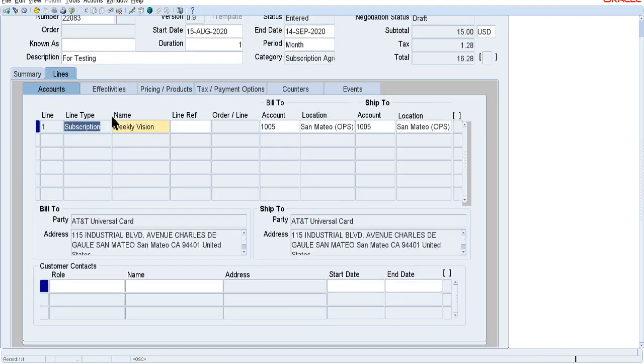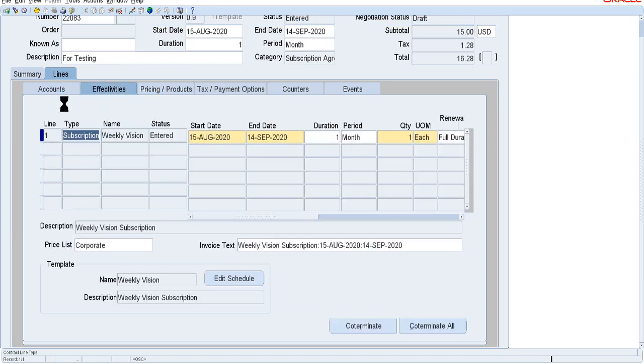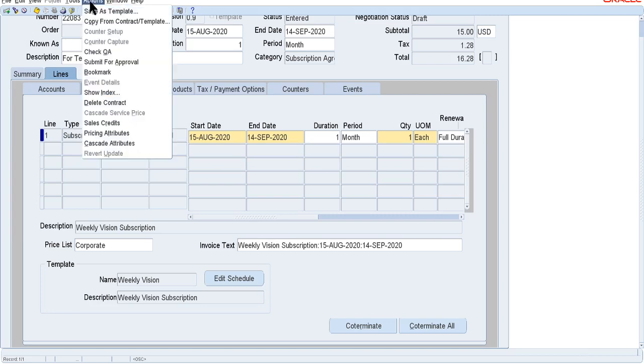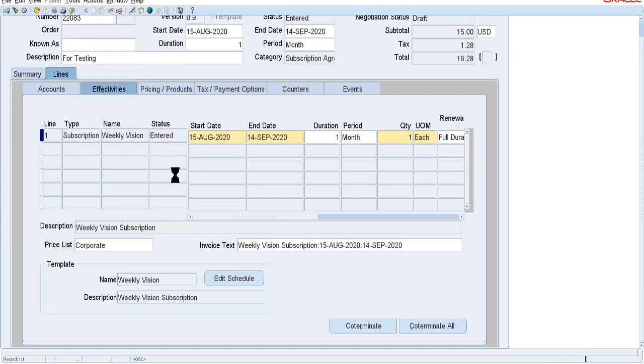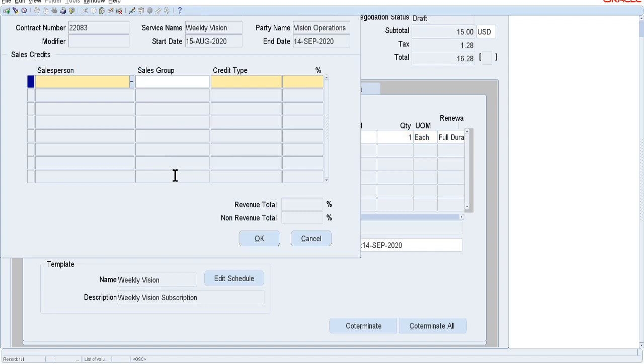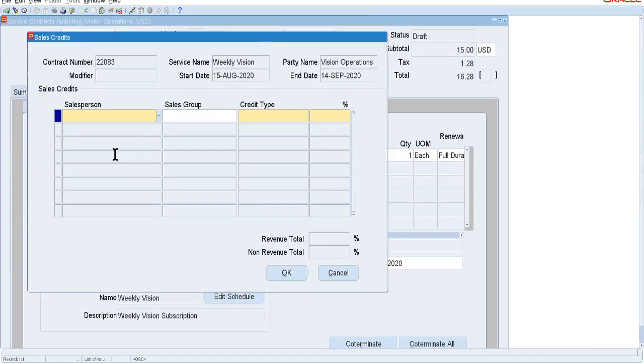Okay, go here, and there is effectivity. On this line we need to get the sales credit, otherwise if you perform the QA check, it will go to error, right? So I am just taking this salesperson name, Taylor.